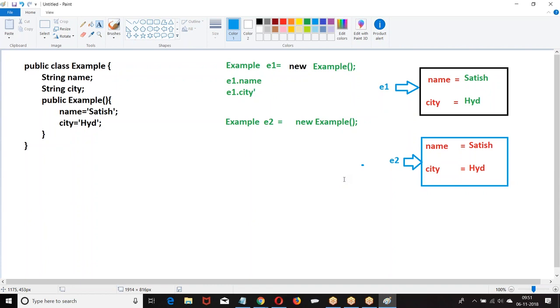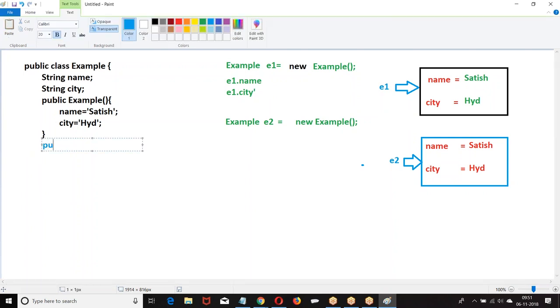Are you clear about this? Now, if you want to refer to the values in this location, E1 dot name, in the location E1, city. E2 dot name, E2 dot city. Are you getting my point? Now, constructor. Suppose you have a method, look at it. I got a method here now.